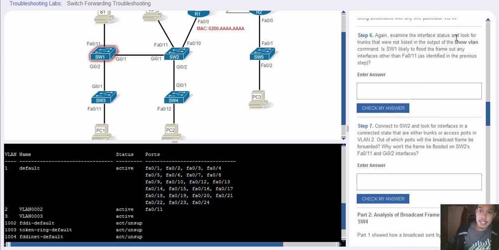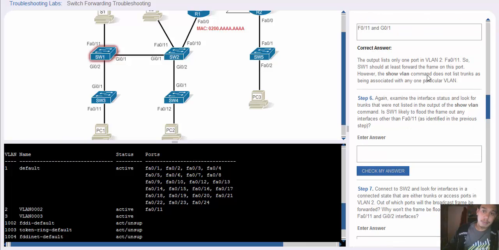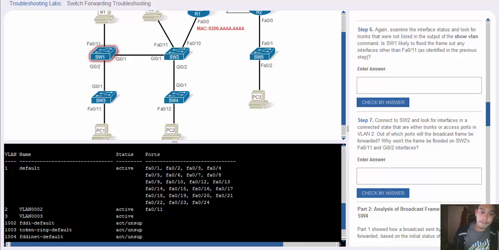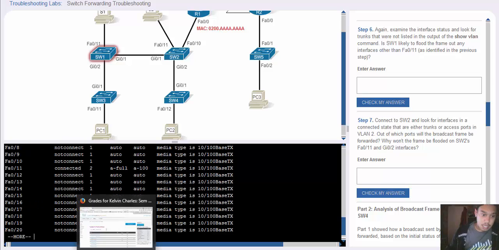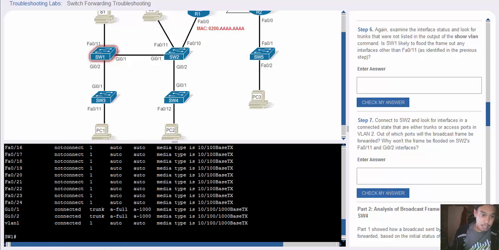Again, examine the interface status and look for trunks that were not listed in the output of the show VLAN command. Is switch 1 likely to flood the frame out of any interfaces other than Fast Ethernet 0/11? So we have jumped ahead a little bit here again. But what we'll do is we'll do the command again, and there we go. So it's going to forward the frame, the broadcast, out of gigabit 0/1 onto switch 2,